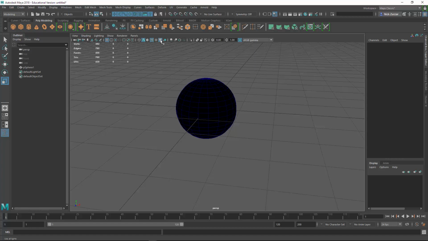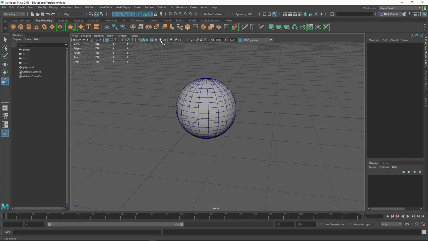If you want to turn on lighting, you can turn on lighting. The reason it's turning black is because we don't have any lights in the scene currently, so it's just going to render the object black. But if you have lights that you made within the scene, then you'd be able to see lighting. This is shadows. If you were able to turn on real-time shadows, you could turn that on. We've also got screen space ambient occlusion, which gives nice darkening effects between different objects depending on the space between them. We've got motion blur,